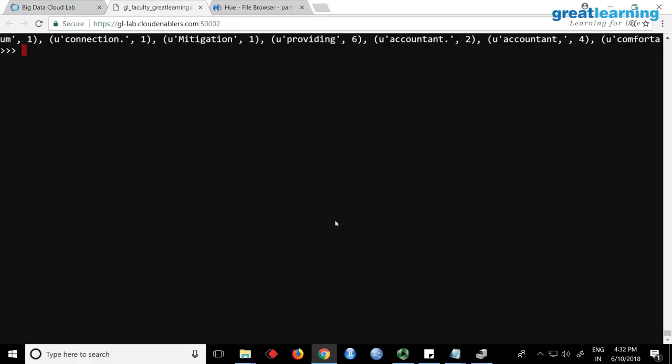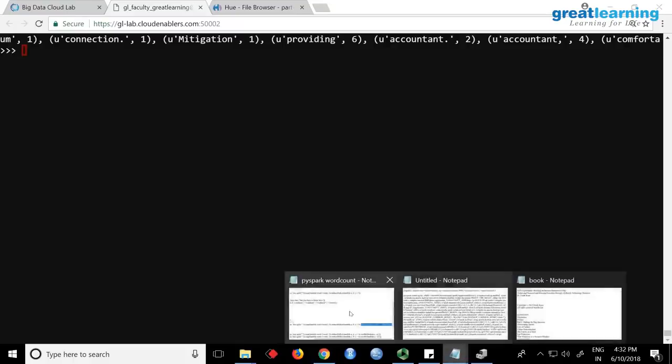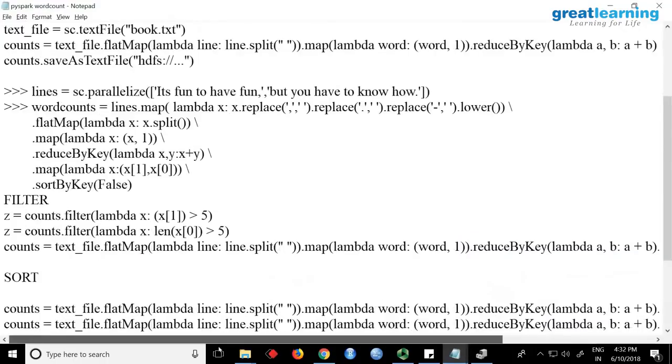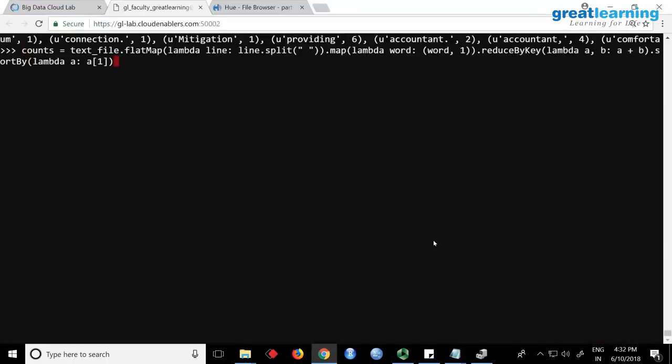Okay. So the same word count stuff, I have written sorting somewhere. Yeah. First I will show you how to do sortByKey. So I'm changing the command. I copy pasted from the notepad, but I slightly changed it. I'm saying do the word count till reduceByKey. It's the same thing. After that, I will say sortByKey. That's all. When I say sortByKey, it will sort based on the key. And if I now do a counts.collect,